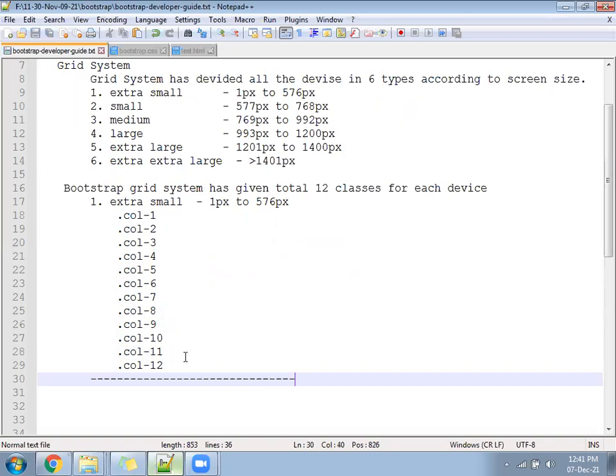These 12 classes help you rearrange the content according to the device whenever you open a laptop website on a mobile phone.